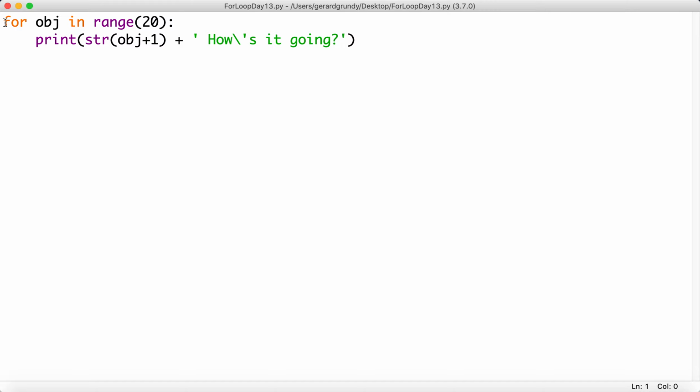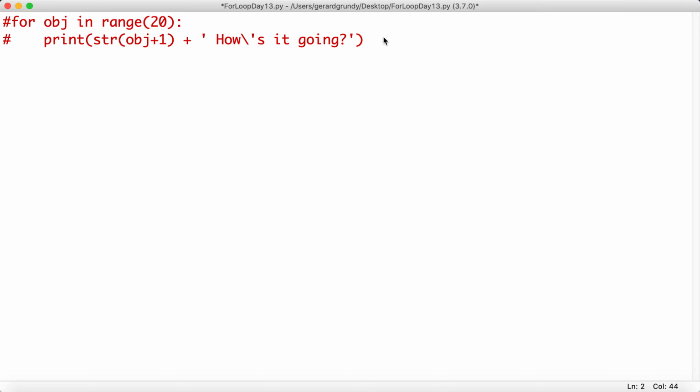All right, how do you do it as a while loop? Now I'm going to comment this out so we don't get confused. All right, that's Shift and 3. That gives you the hash. All right, now with the while loop, I'm going to use a count. You could probably do this another way. I'm going to start at 1, and while this statement is true, whoops, small w, while true, I'm going to